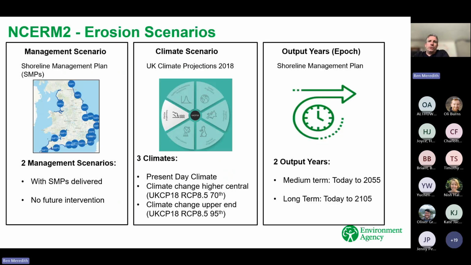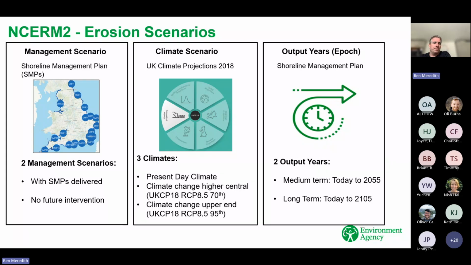So what erosion scenarios do we use? NSERM uses the shoreline management plans, approaches and timeframes alongside UK Climate Projections 2018 sea level rise information. And it uses both those to provide a range of erosion risk scenarios. The SMPs, shoreline management plan approaches, are used by NSERM to determine how a stretch of coast may be managed now and into the future. And NSERM uses the information in the with SMP delivered scenario to define if a location is essentially defended or not. NSERM also produces a no future intervention management scenario where investment in coastal defences ceases. Defences then deteriorate and fail over time and erosion takes place. So this is a hypothetical worst case scenario, and it's there so that we can see the benefits of coastal